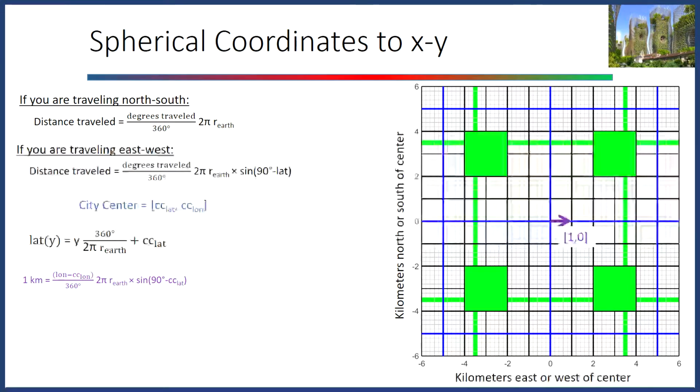We can then rearrange to longitude equals 360 degrees divided by 2 pi times the radius of the Earth times sine of 90 minus cc lat plus cc lon. So this performs a transformation from 1, 0 to cc lat, comma 360 over 2 pi times the radius of the Earth times sine of 90 minus city center lat plus city center lon. Okay, it seems like we're on our way to a general formula for longitude as well, but let's try one